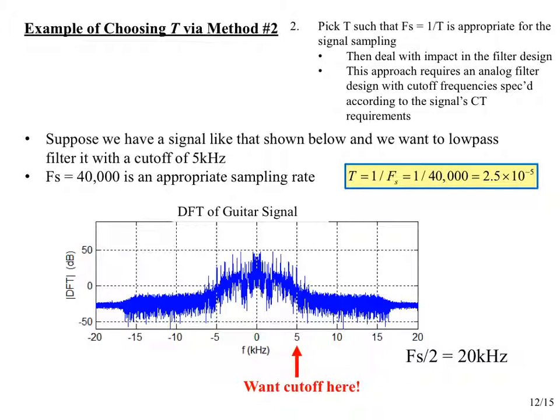So here, once we've settled on an appropriate sampling rate, and we're using the resulting T for both sampling and for our filter design, we have to make sure that the continuous time filter that we pick is, not exactly as we'll see, but close to having the right characteristics